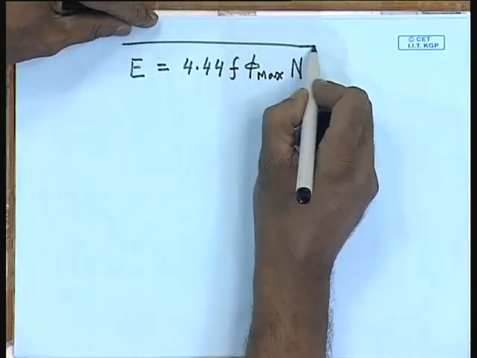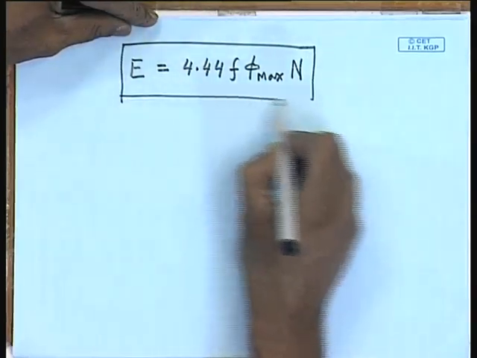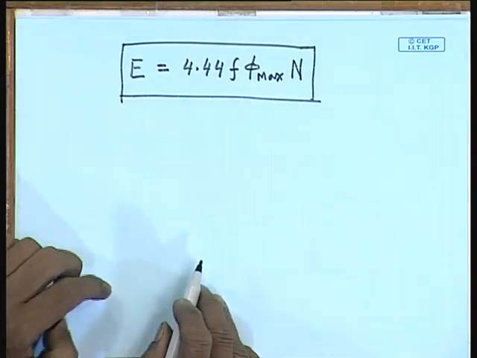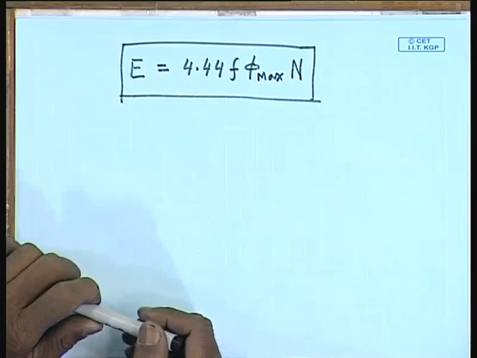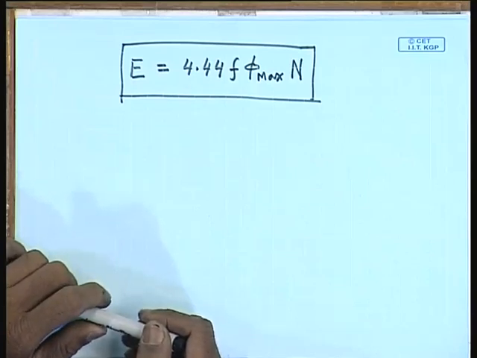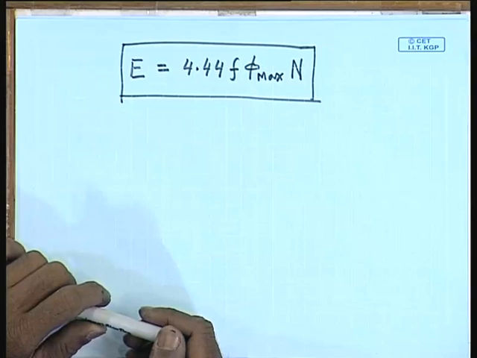So, this is the formula of induced RMS voltage in a coil with number of turns n, which links a